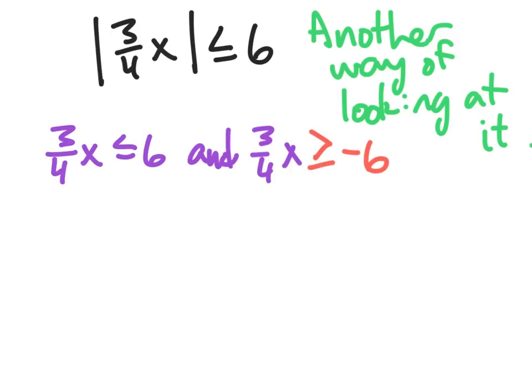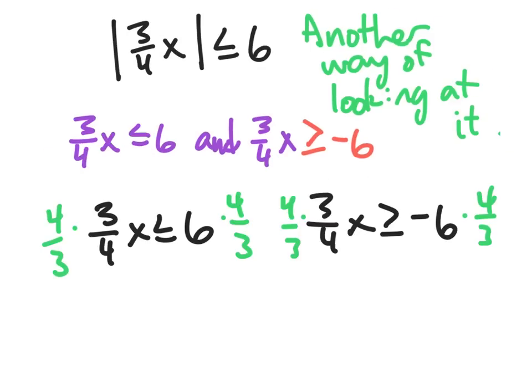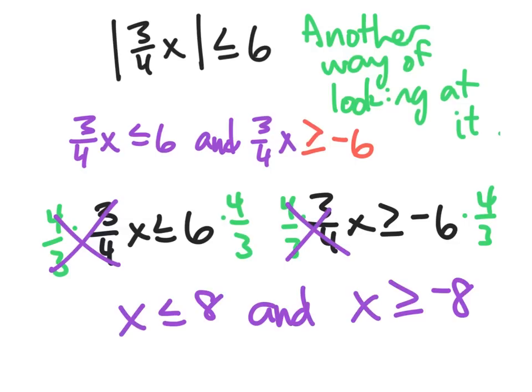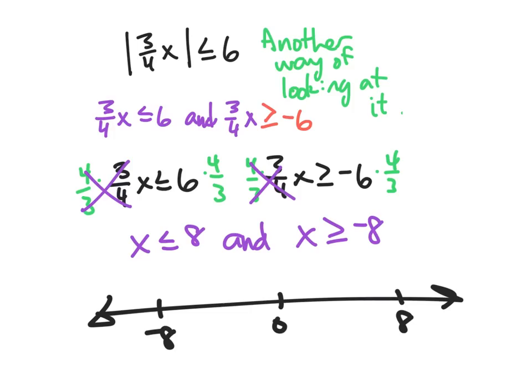So we're going to change both signs. Now you go about solving these things the exact same way, just by multiplying those 6 and negative 6 by 4/3. And here we'd end up with x is less than or equal to 8 and x is greater than or equal to negative 8. Well, putting us less than or equal to 8 and greater than or equal to negative 8, that gives us